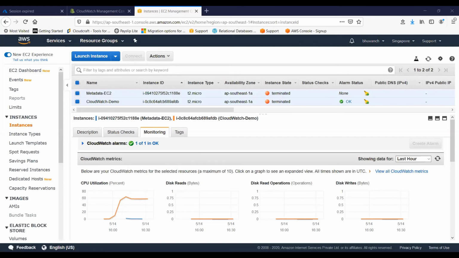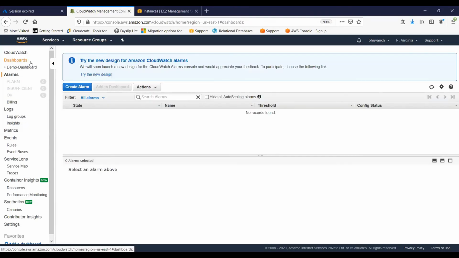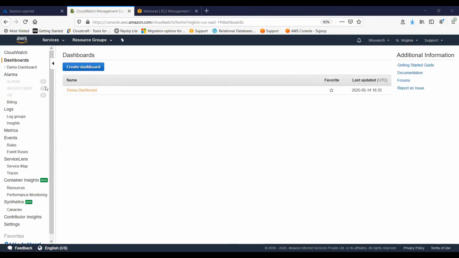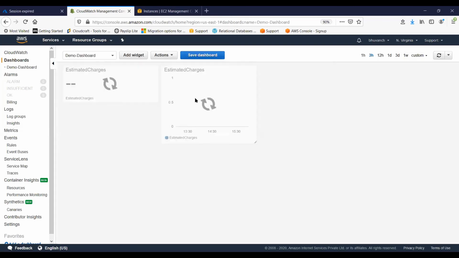Basically, you can go into the billing and see which services are causing you charges, and also we created a dashboard as well here. If you go to the dashboard, you can see we have added some widgets here. Once you start getting charged, it'll start reflecting here. But billing immediately does not show up. It takes a bit of time before it starts showing in your console. So that's why you will not see anything else here.